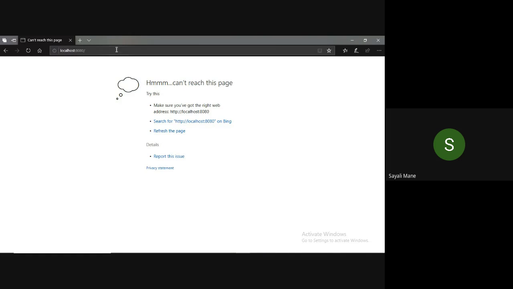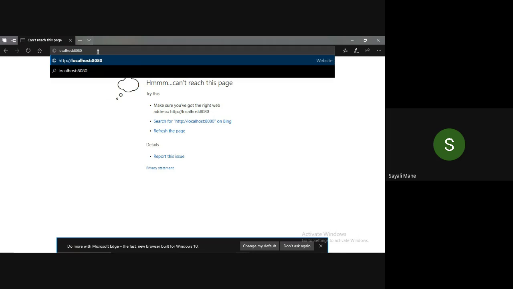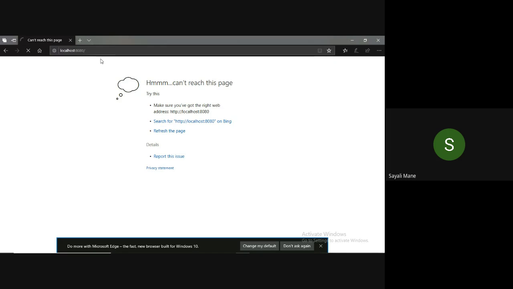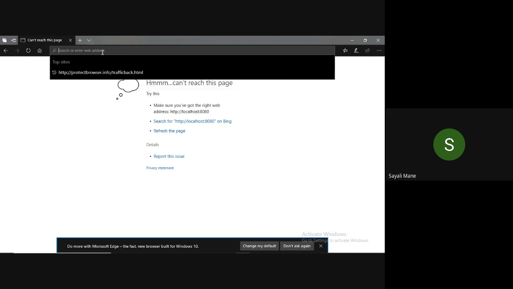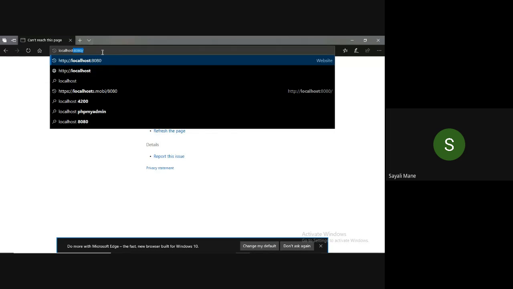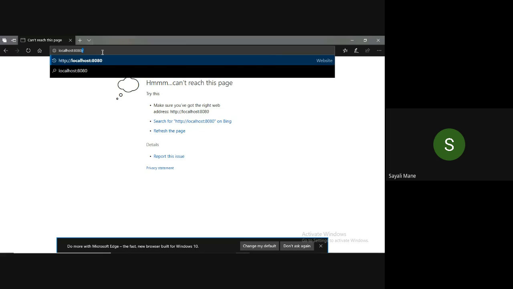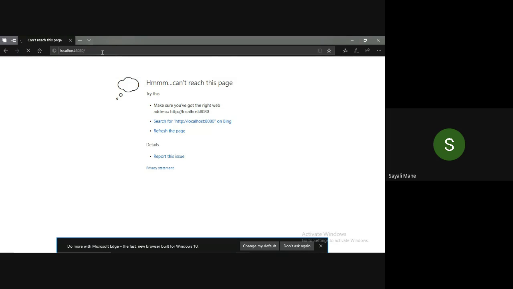Don't put a slash at the end. Simply type it, because it should open. Or manually type 8080. So click on the second one.